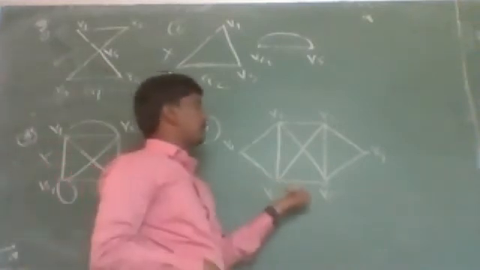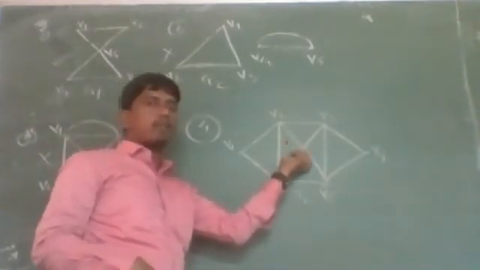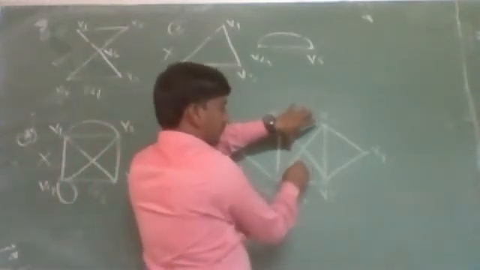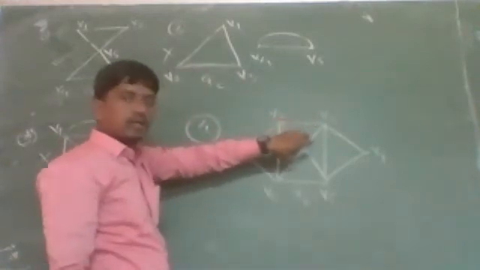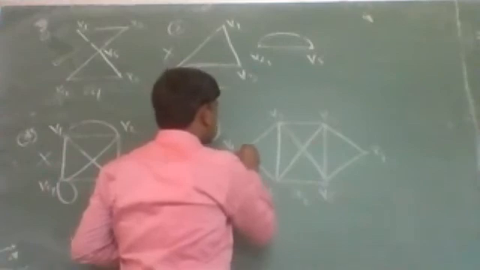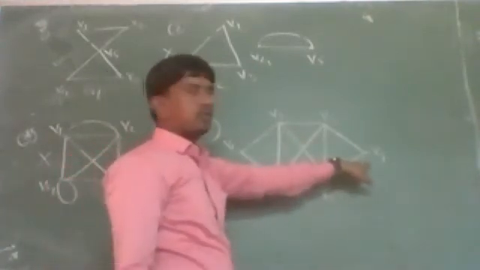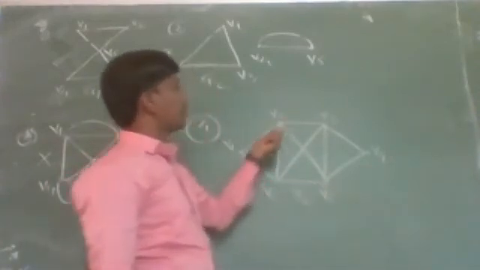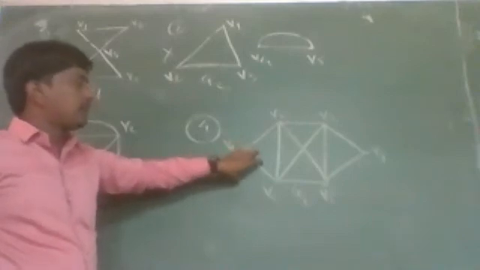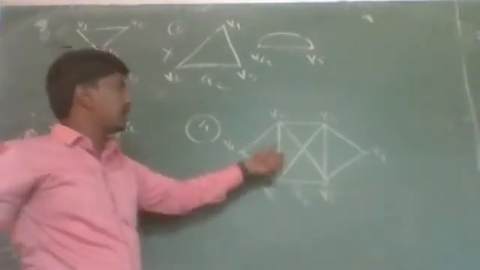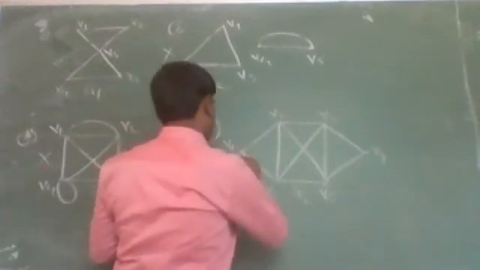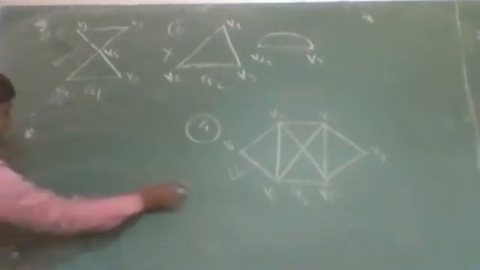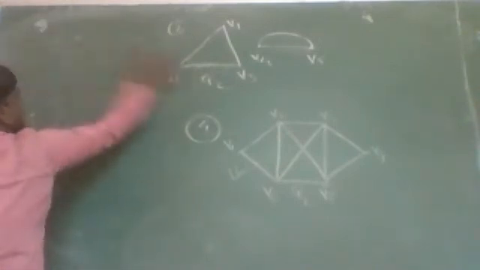Now in graph G4, again there is only one connected component, so graph G4 is a connected graph. Now the degree of vertices V1 and V4 is 2 and the degree of vertices V2, V3, V6 and V5 is 4. So the degree of each vertex of graph G4 is even. So again by definition this one is a Eulerian graph. Now the next type is Hamiltonian graph.